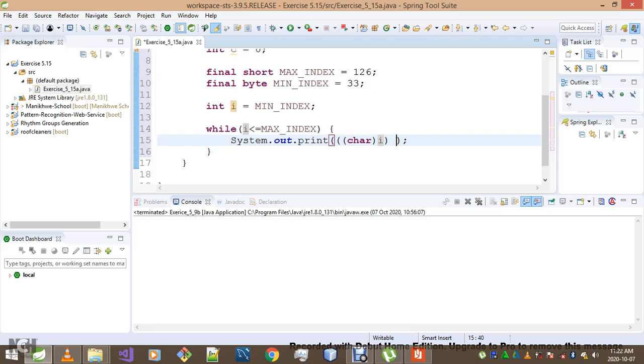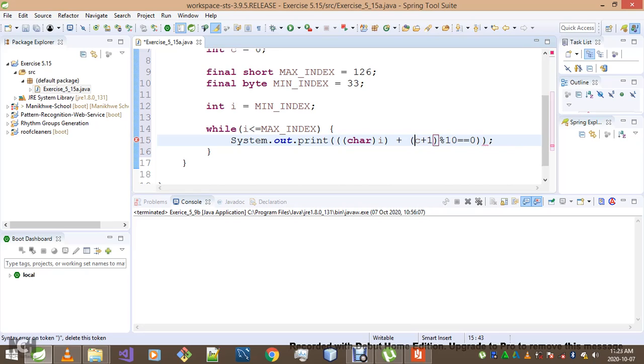What I will then do is determine whether I want to display on the current line or on the next line. I'll do that by simply going count plus 1, modulo 10, and if my answer is 0,